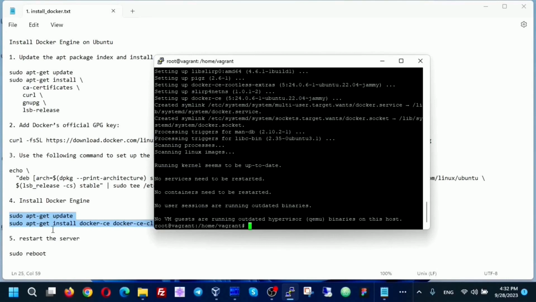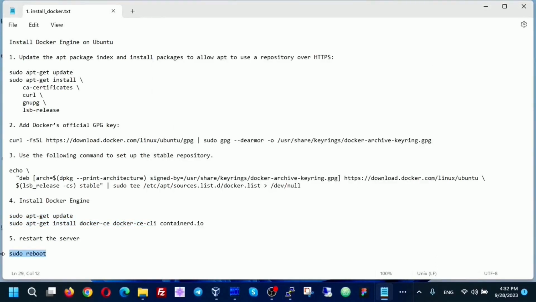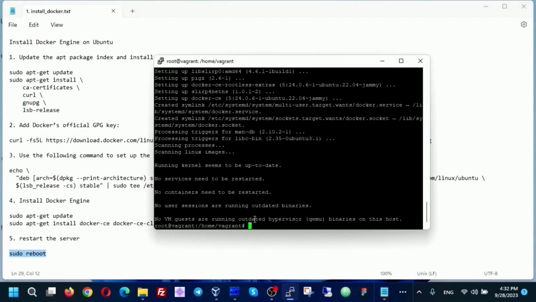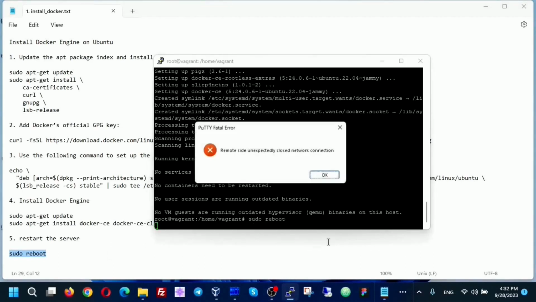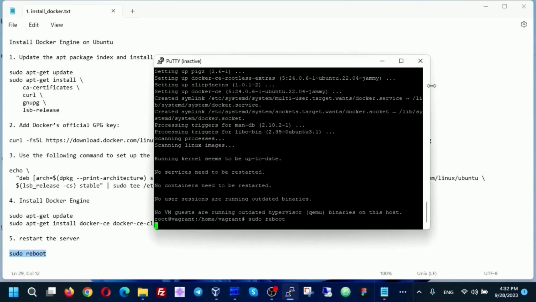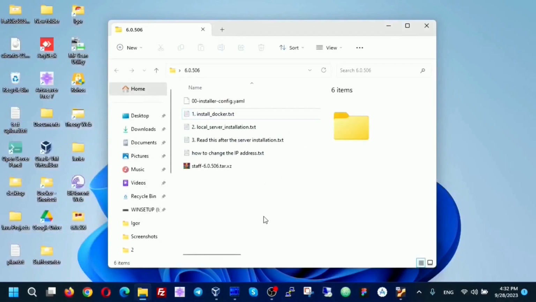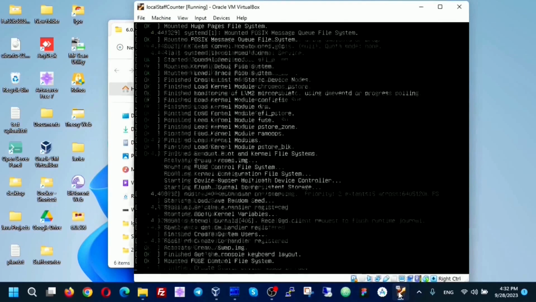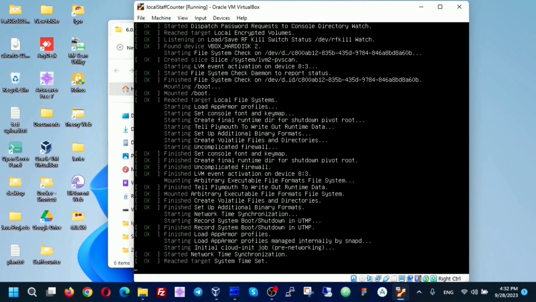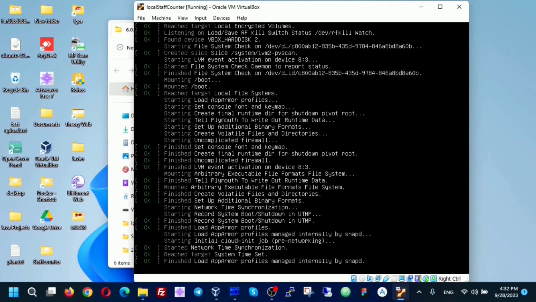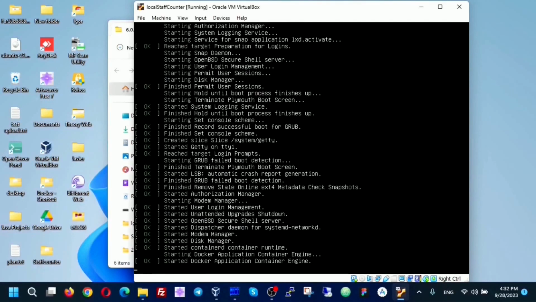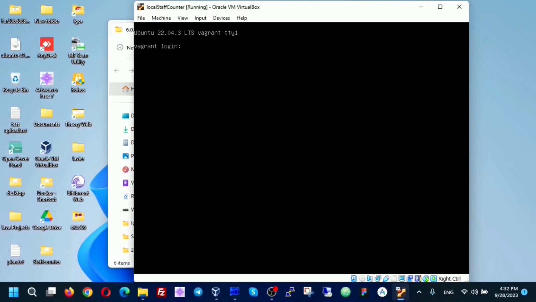Well, now we reboot our server. Sudo reboot. Because the server is rebooting, the SSH connection was lost. Now we switch to the virtual machine and wait for it to reboot. The machine rebooted.